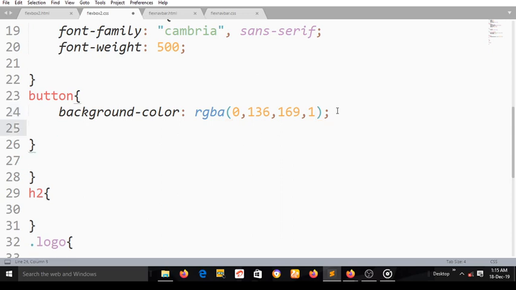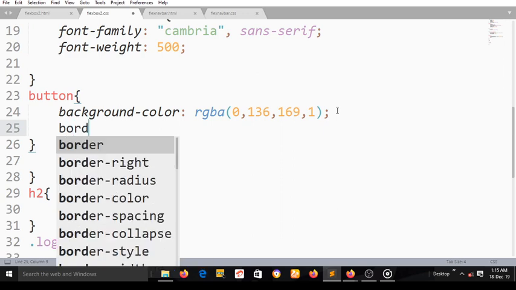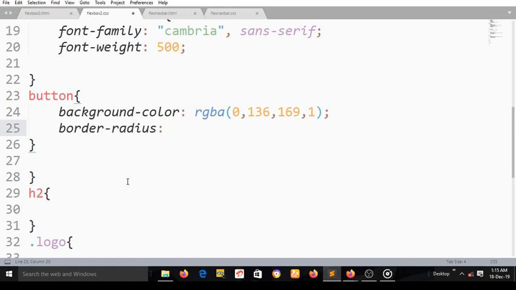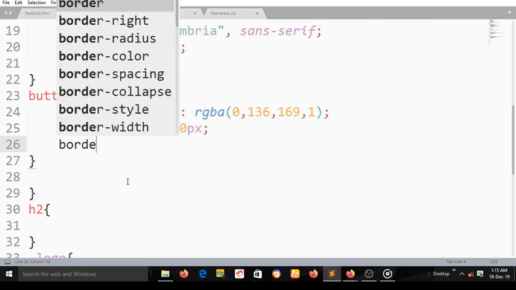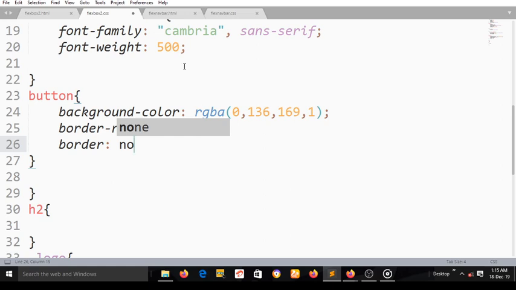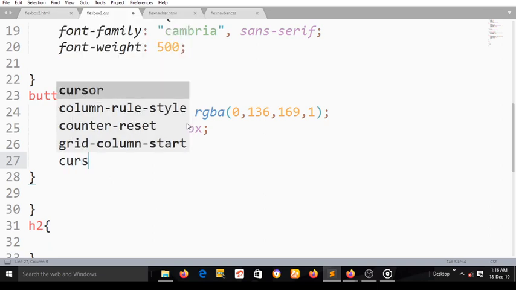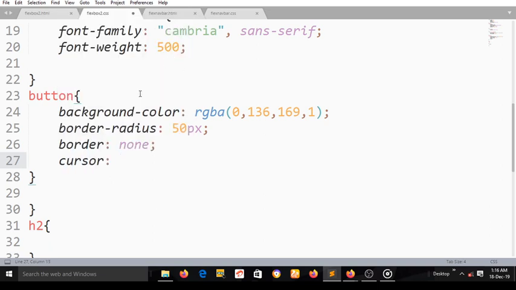Now next up, I'm going to put my border radius, and it's going to be 50 pixels, and I'll set my border to none, and I want to give it a cursor, and my cursor is going to be pointer,